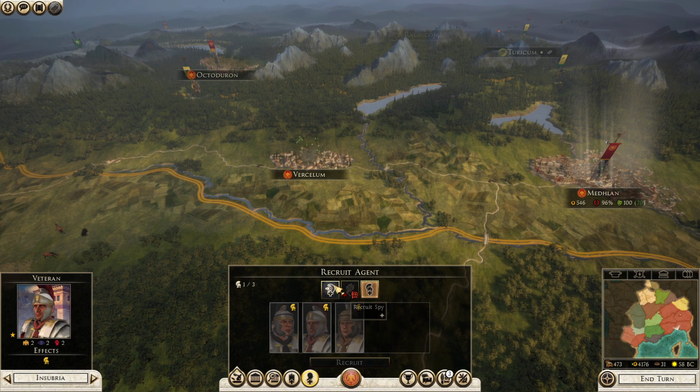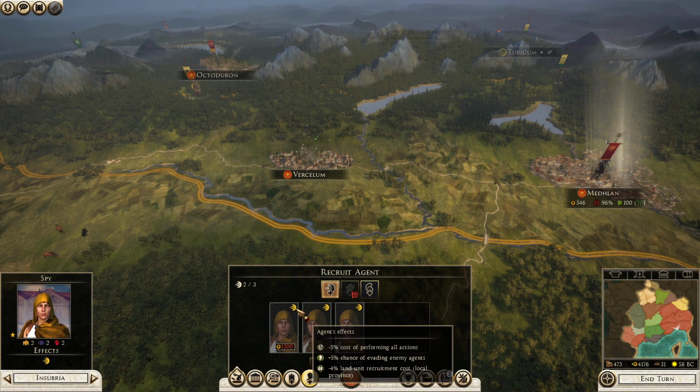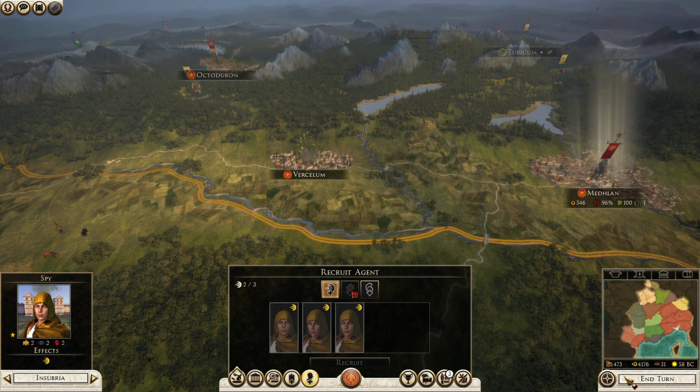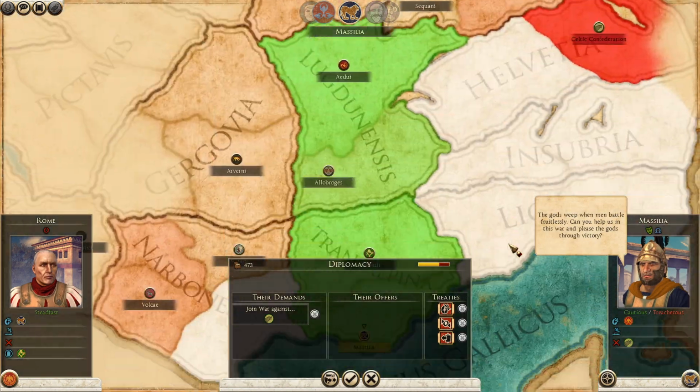This guy would be good to spy. Minus 4% land recruitment cost is kind of okay. I mean, we're about to do a lot of recruitment. And this one is not bad too. Anyway, I guess I probably should have checked the diplomacy there, but...